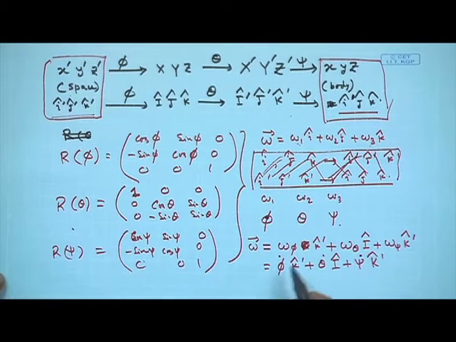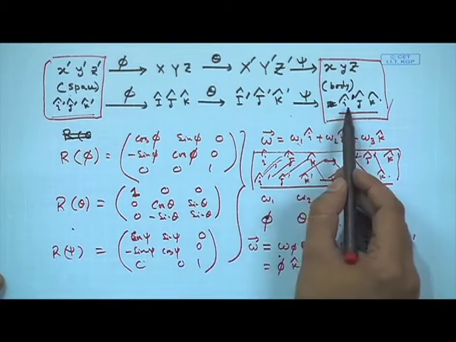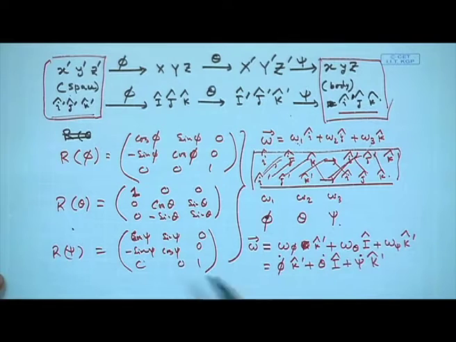Now, we have these transformation relations, and using them we can essentially express this small k cap